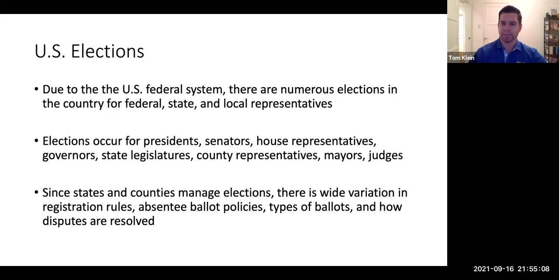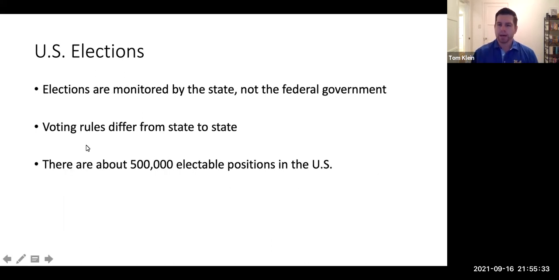So another important aspect you guys need to know about federal elections, and this slide is very wordy, but what you need to know is that even though we have federal elections, they are run at the state level, and there are also state elections and local elections as well. So let's go to the next one. And because even for federal elections, presidential elections, congressional elections, they're held at the state level and monitored at the state level, you might get different voting rules from state to state, okay?